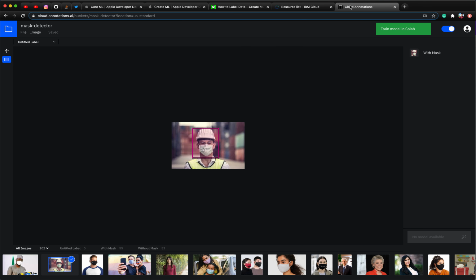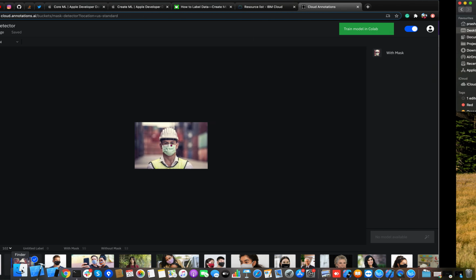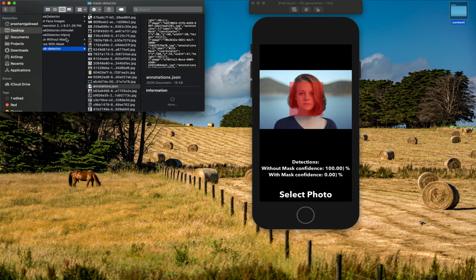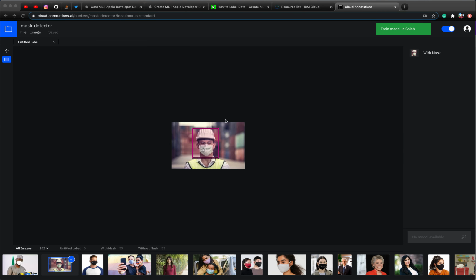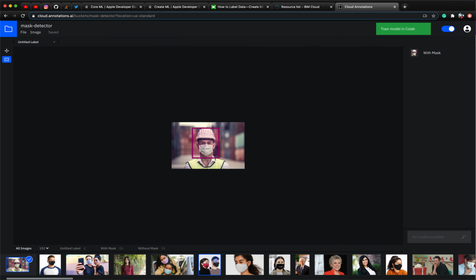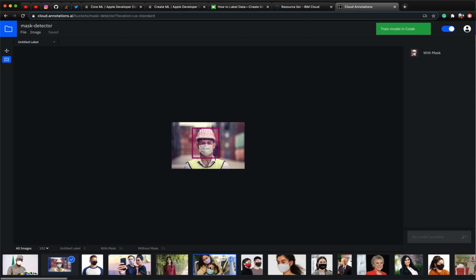So once you create that project, you land on this page where it will first be an empty folder, there will be no images. It will say by default, drop your training data here. So what you can do is these two folders you can directly select and drop here, so it will directly open all the images at the bottom. And after that you have to select one image, like here I have selected this.